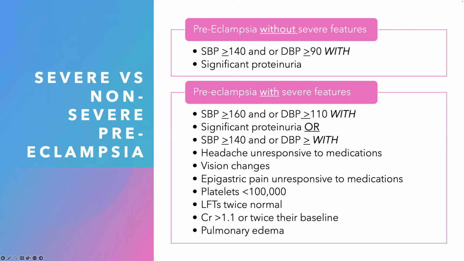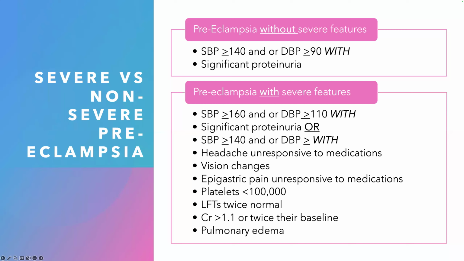Okay, so preeclampsia without severe features. This is somebody who has a blood pressure of 140 or higher systolically and/or a diastolic of 90 or higher on 2 events or more, 4 hours apart, with significant proteinuria. So this is somebody who has elevated blood pressure, and we have done a workup to assess for preeclampsia, and they have significant proteinuria. Significant proteinuria is defined as 300 milligrams in a 24-hour urine,